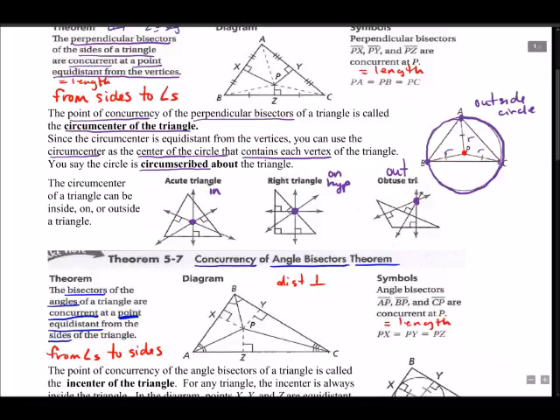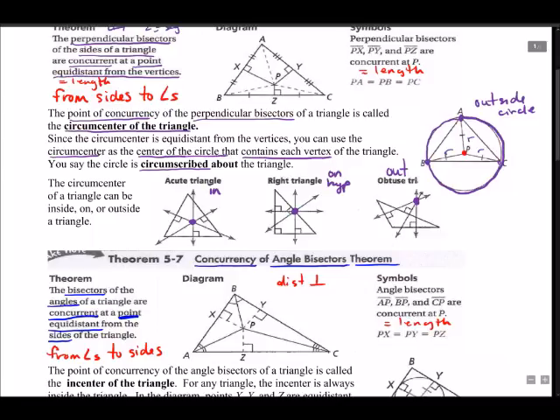Take a look at these two diagrams. Do you see a lot of the same lines? I see a lot of the same lines. On this top one here, we've got lines going from a point that are perpendicular to a side and a line going from the point to the angle. And on the second one here, we've got a line going from a point perpendicular to a side and a